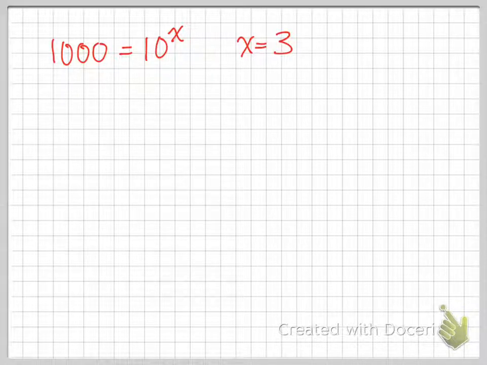If I've got 1,000 equals 10 to the xth power, then that's technically an algebra problem. And if you were clever, you might realize that if x equals 3, then that's going to satisfy this equation, because 10 to the power of 3 equals 1,000. But if you've got a more complicated problem like 5.2 equals 10 to the x, then how do you solve